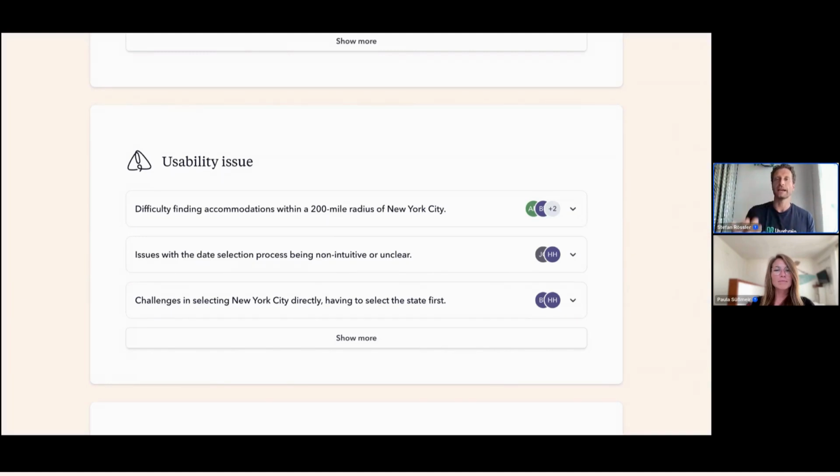The way we are helping you is by showing you, well, how many people had this issue? How many people found this confusing, whatever it is. This is usually a very good measure, a very good indicator of showing, well, that seems to be an important problem. Maybe you want to have a look at it.